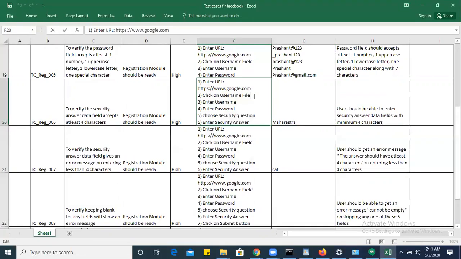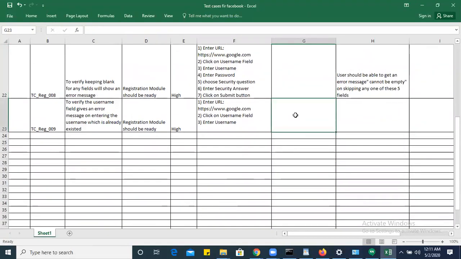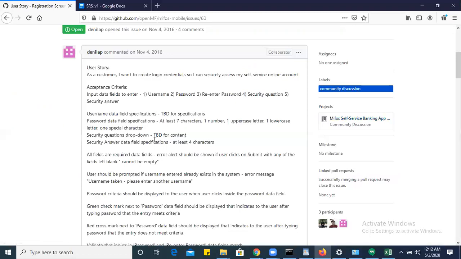So here under one is the field. So here input data is anything which already exists, like Prashant. So here, what is the message? Alert should show. Any of these. Okay, I'll copy the same thing.